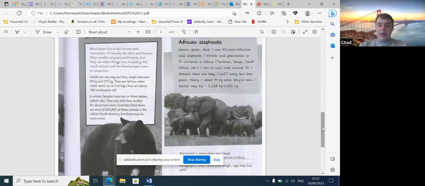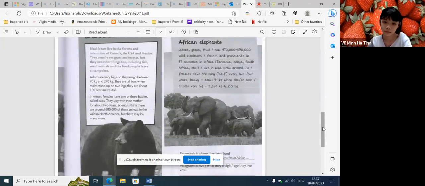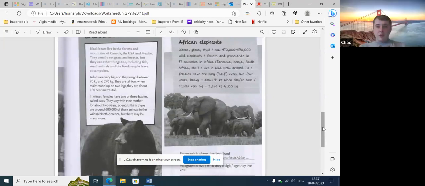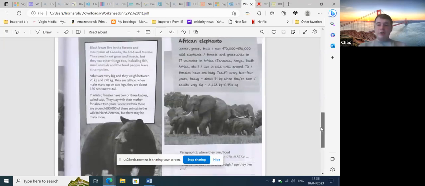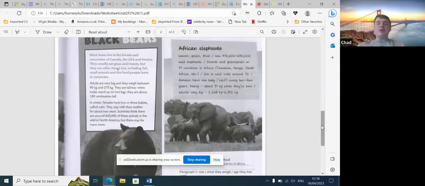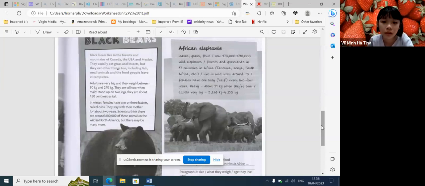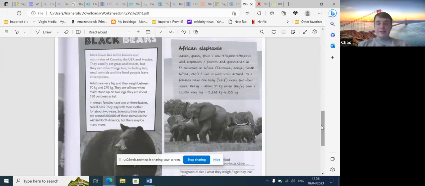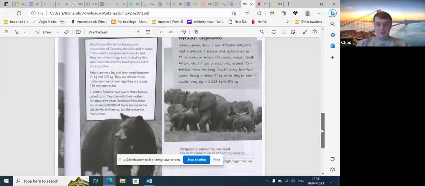Okay. Then you could go on to talk about what you think they eat. So we know now about where they live. Tell me now about what they eat in your own words, using the notes. They eat leaves, grass, fruits. Their diet includes, yep, that's their diet. It's a healthy diet. Okay, so that's what elephants would eat.